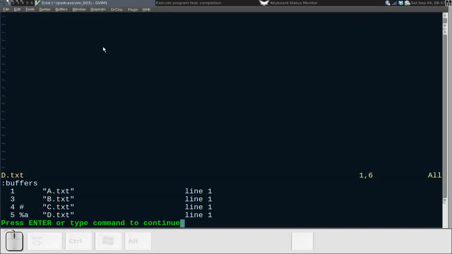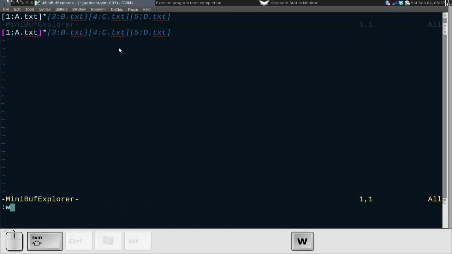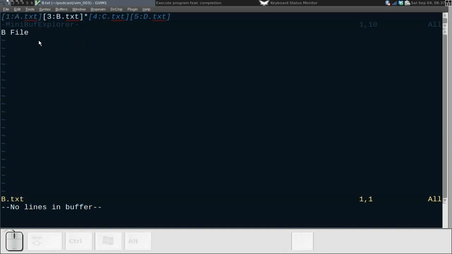Notice that each one has a number here, and that same number matches up here. So at a much easier glance, we can hop between our files. I know where 2 went. 2 is actually the Buffer Explorer itself. My bad. All right, we can actually see which file is active, which ones are available, and we can easily hop between them using our B and a number command.